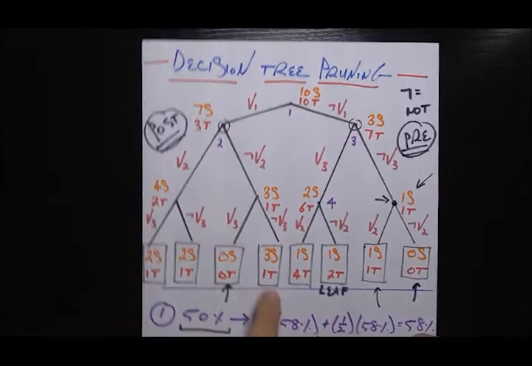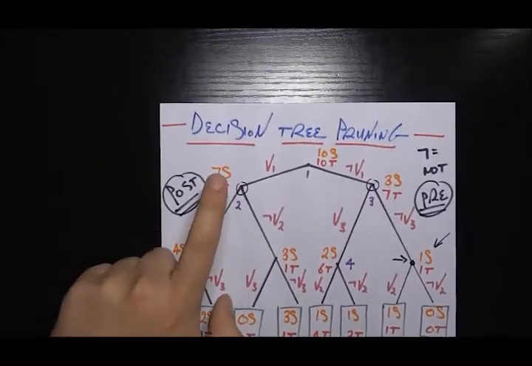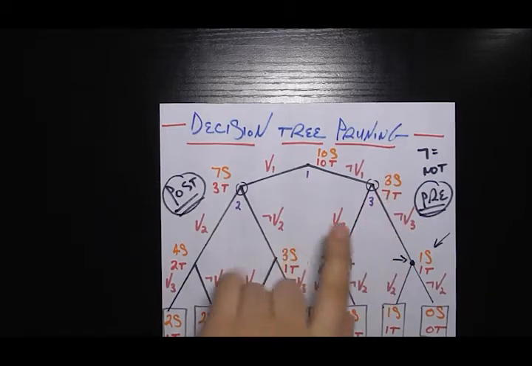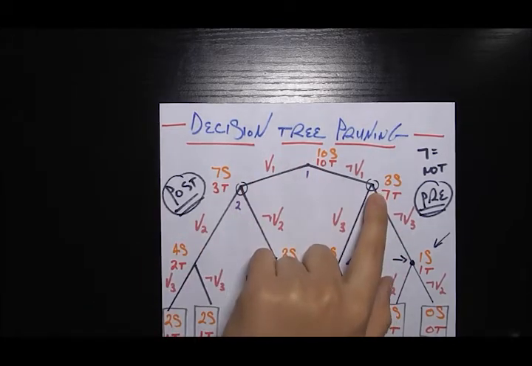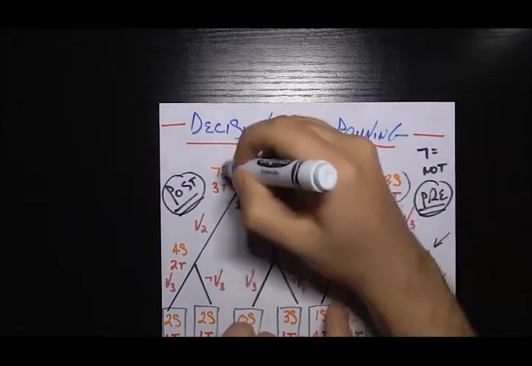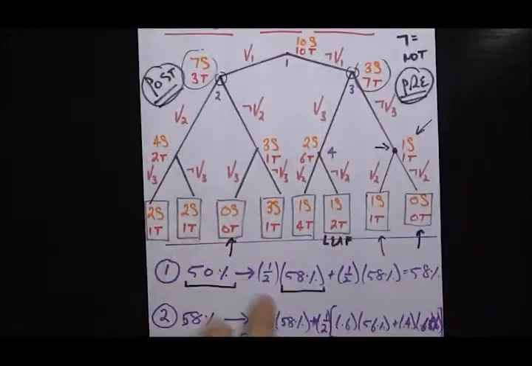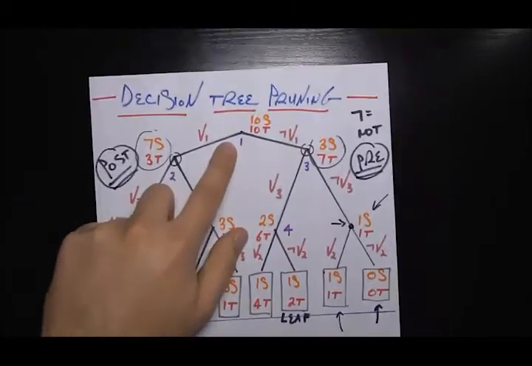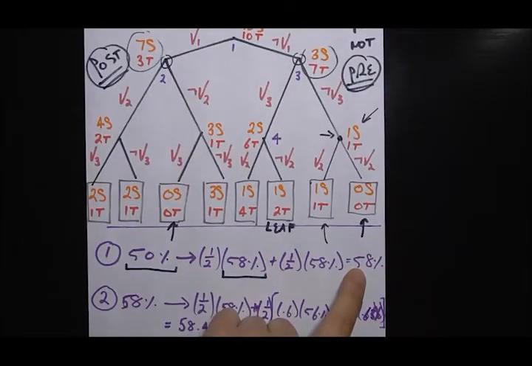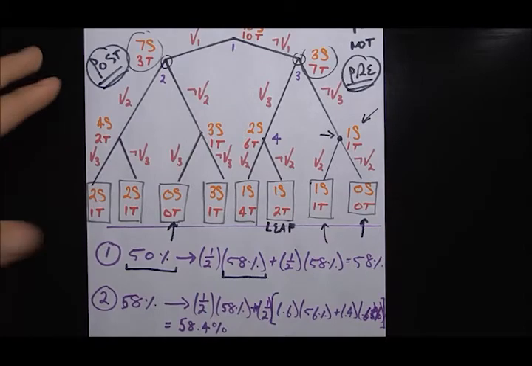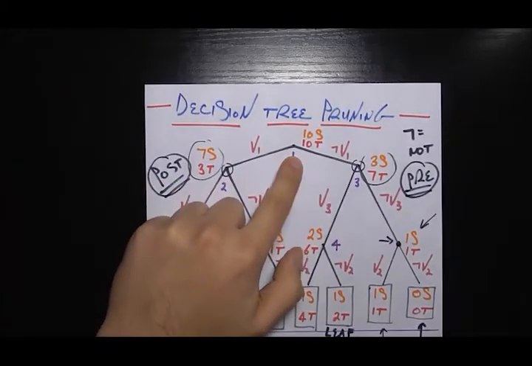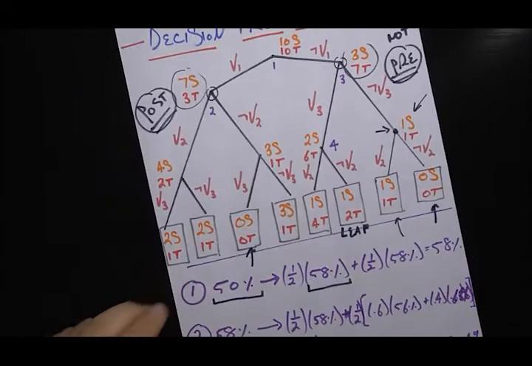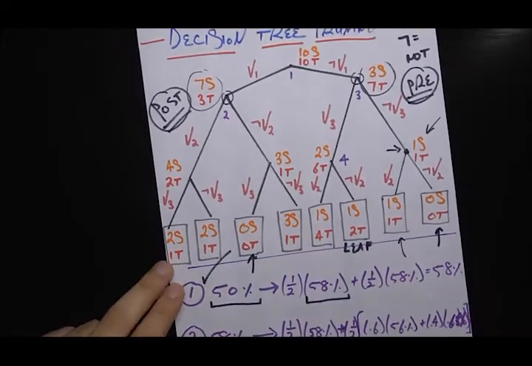So basically, I have a 58% chance of getting it correct if I'm at this node, 58% chance of getting it correct at this node, and there's a 50-50 shot of going to either one. Because there's 10 fish here, there's 10 fish here, right? So if I incorporate all that data, I find out that if I do make this branch, I'll have a 58% chance of getting my fish correct, rather than 50% if I don't take the branch. Since that's an 8% gain, that's pretty significant, we're going to go ahead and take that branch.